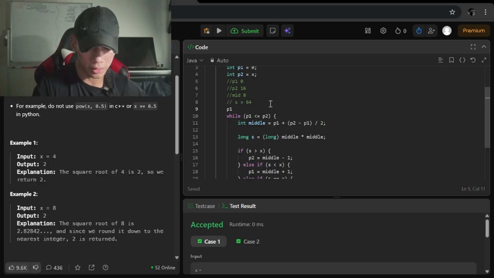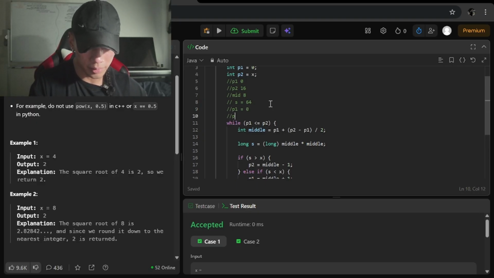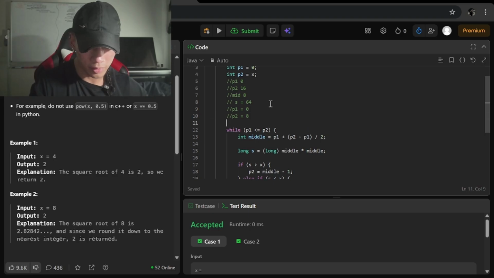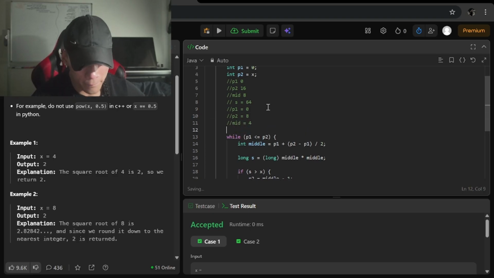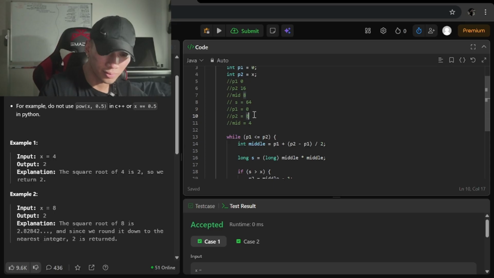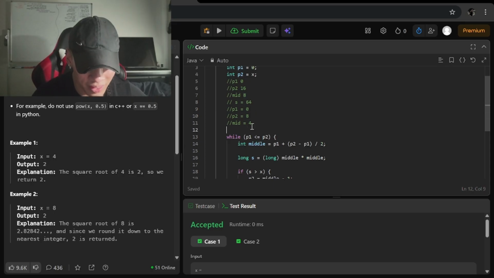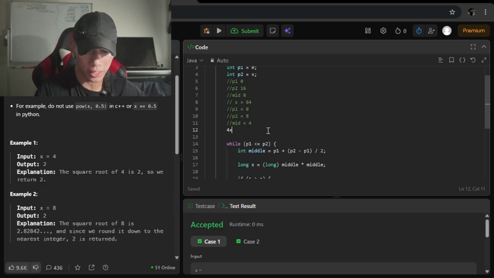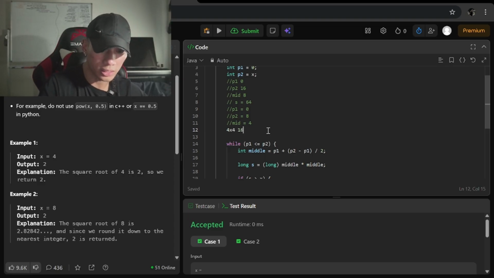So P1 equals 0, P2 equals 8. And middle would be 4, wouldn't it? P2 would be 7, because it's middle minus 1, is it not? No, just do it this way. But then now middle will be 4. So what's 4 times 4? That's 16.